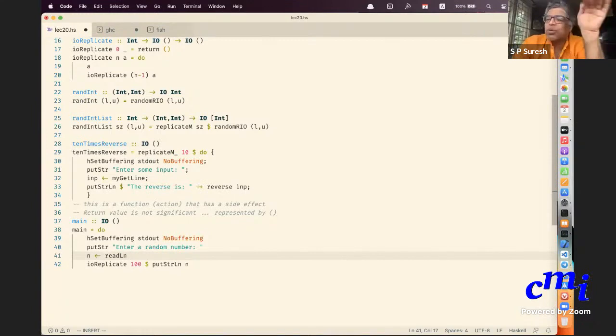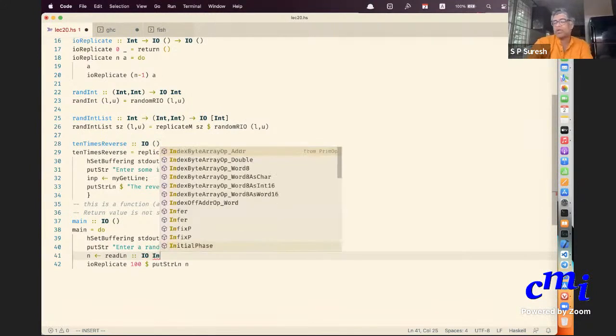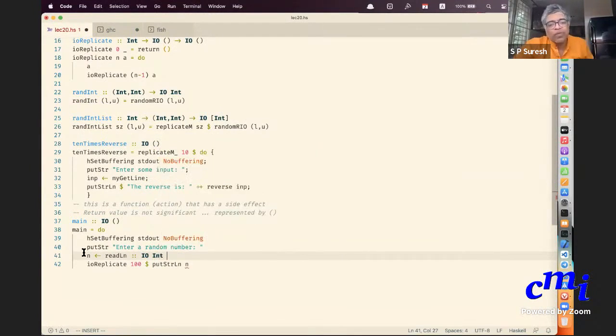So you need to tell what type it should be interpreted as. Because after all, what the user enters on the keyboard is a bunch of ASCII characters. They can be interpreted to be anything. So you have to tell what this input should be interpreted as. So I want this readLn to be of type IO Int.